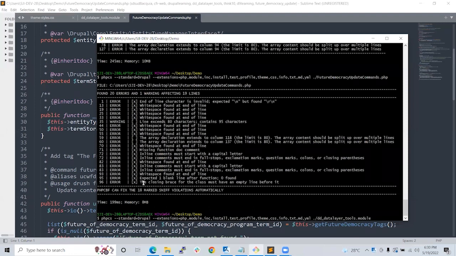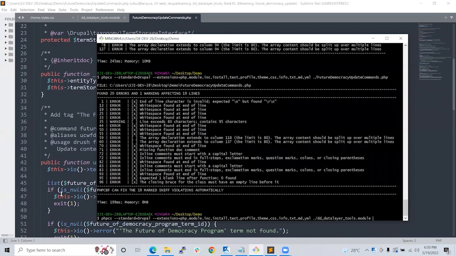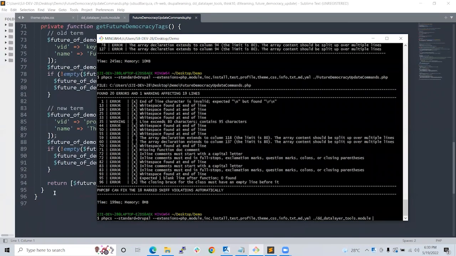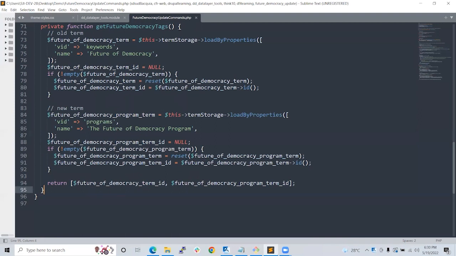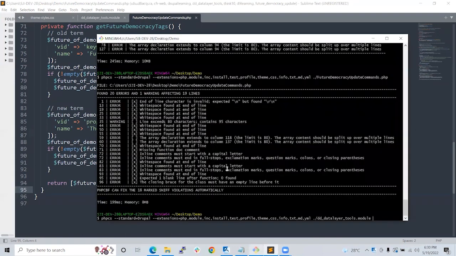One issue can be that the closing brace for the class must have an empty line before it. So if we go over here to line 96, this issue will get fixed.